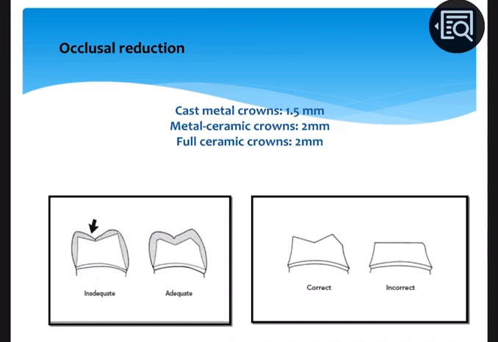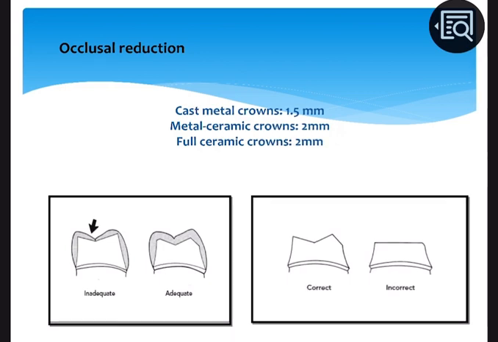I'm repeating it again. In the first box, in the first picture where it is written inadequate, you see the central groove area on the occlusal surface. Okay, the preparation is not good. In the second picture, you see in the central groove area, there is a uniform reduction of the occlusal surface. So when you are reducing the occlusal surface, you should reduce uniformly and also follow the morphology of the occlusal anatomy and reduce accordingly. That is called planar occlusal reduction. So when we reduce uniformly, it ensures the uniform bulk of the material over the occlusal surface, and it will